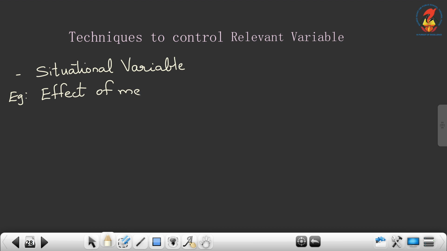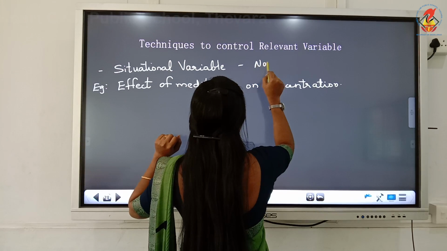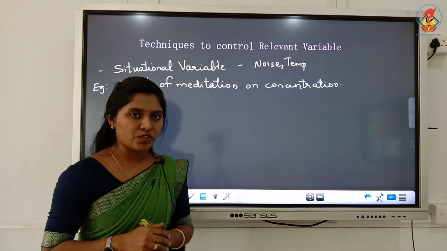What are the examples for situational variables? Noise, temperature, etc. So, our study is on the effect of meditation on concentration.